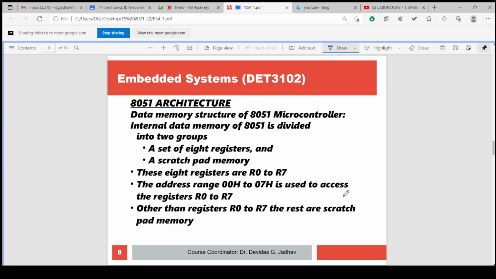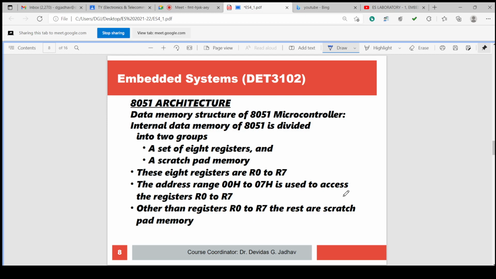Now the data memory structure of the 8051 microcontroller. The internal data memory of 8051 is divided into 2 groups: a set of 8 registers and the remaining scratchpad memory. These 8 registers are R0 to R7, and their addresses 00H to 07H are used to access them.